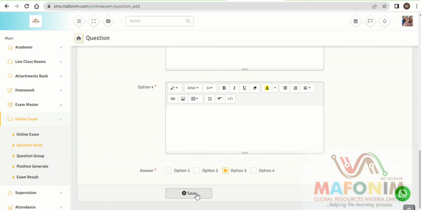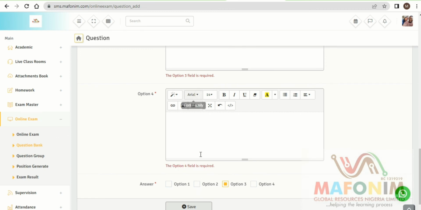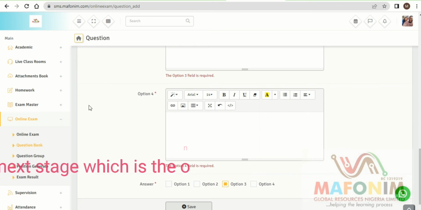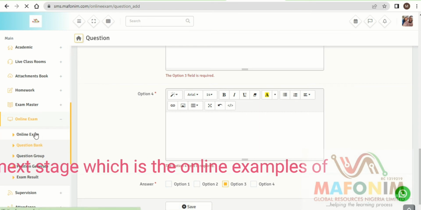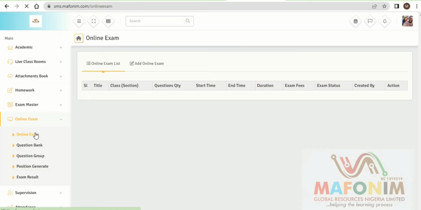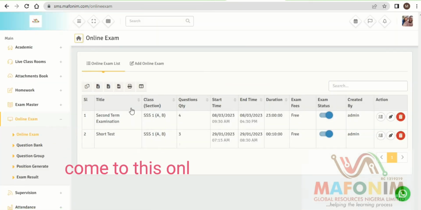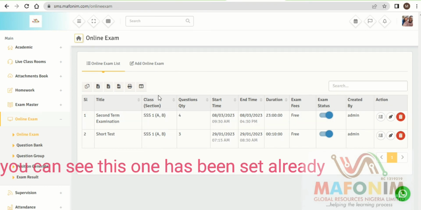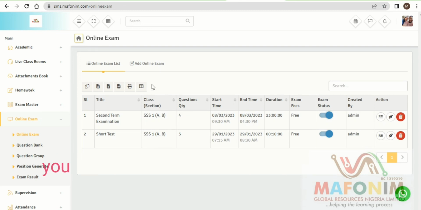You press the save button. Automatically it's not saving because we did not put anything, but you press the save button, then it will now go to the next stage, which is the online exam itself. You set that question, you go to the online exam itself. Come to this online exam, you can see this one has been set already and it is free. You have to set an online exam. You just click here,